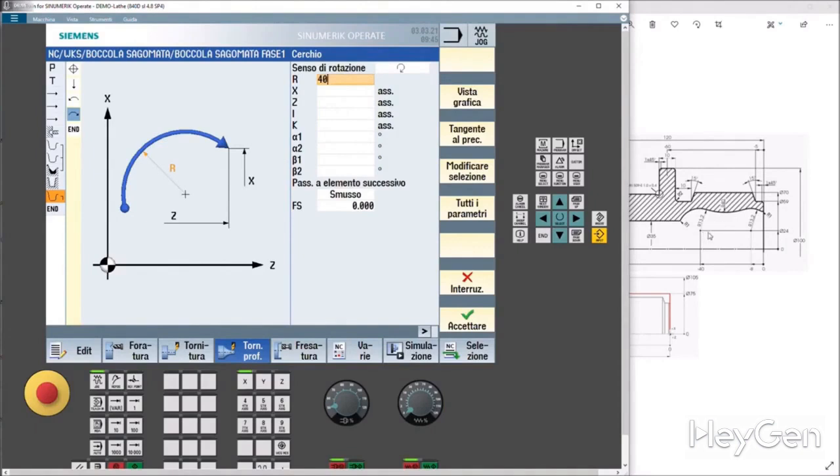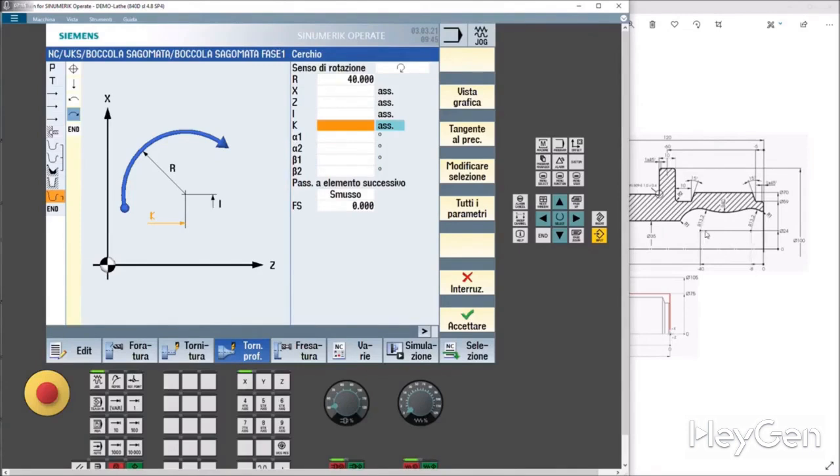Being exactly in the middle of these two circles, we have a center, which is located at 48, 32. It's the difference between this and this.